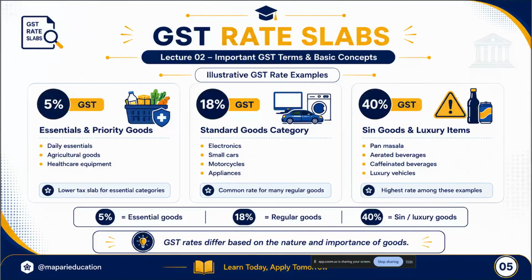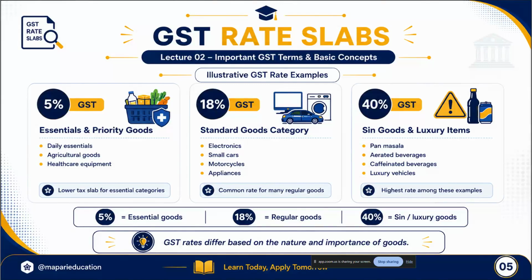But we'll see, if your turnover is high, you have to mention the 6 or 8 digit also. Then after we discuss about the GST rates, there were multiple GST rates in the previous scheme, but now the GST department has concluded and reduced some GST rates. Now currently you will see these common rates: 5%, 18%, and 40%. 5% is for the basic needs and essential items,